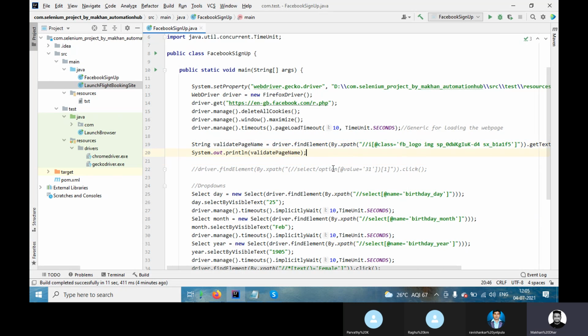Now we'll see what we get in our console, whatever the page name is.